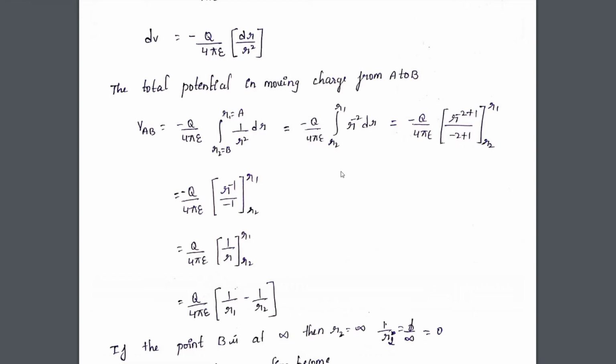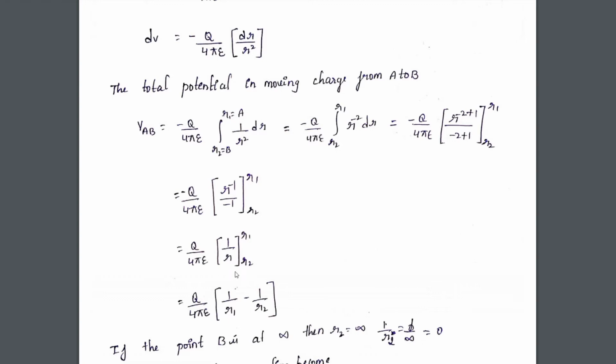That is x power n integration. The integration of x power n is x power n plus 1 by n plus 1. That formula you need to apply. Then if you simplify that equation, r power minus 2 plus 1 will become r power minus 1. Then minus 2 plus 1 will be equal to minus 1. And then there is a negative sign outside. So that minus q divided by minus 1 will become plus here.